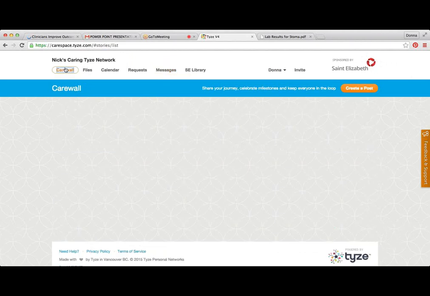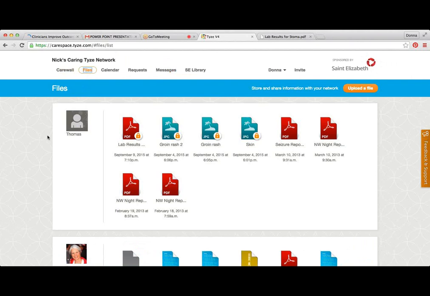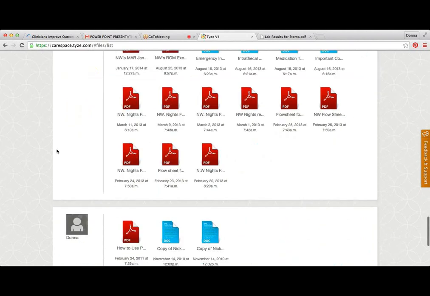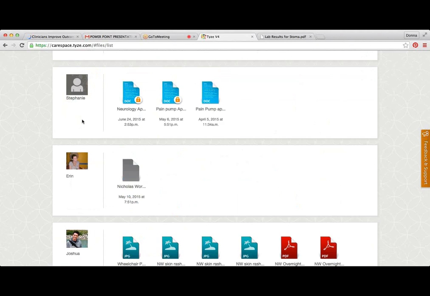In the filing cabinet, I'll just show you, it has many, many files in it, and these are all his clinic appointment summaries and his whole medical history, his care plan, which we update on a regular basis, and so on and so forth. And all of that information is available to everyone in the network, unless it is specifically private and under lock and key, or in the vault, as we call it, with limited access to only those who need to know.